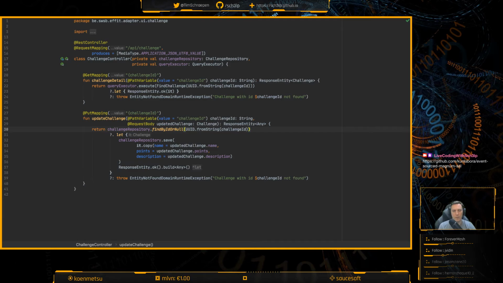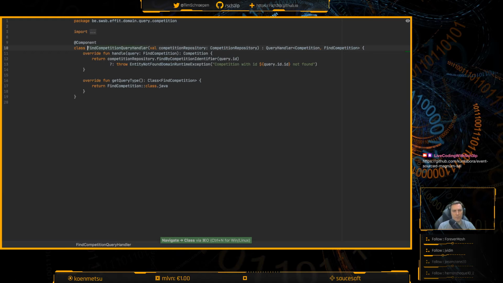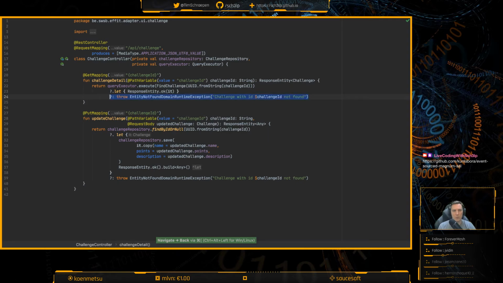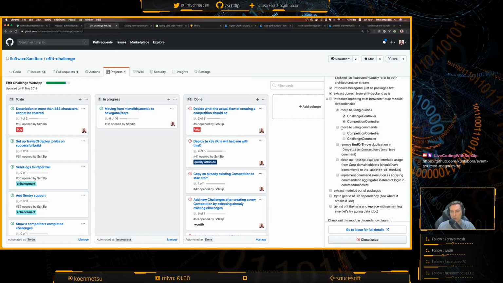So I'm wondering, in our find competition handler, here we do throw this, so I think it's going to make sense to also do the same here, because if you want to fetch a challenge with its ID, I mean, you should always return it. So this should move to the query handler, and I think that's the thing we'll do first. But you know what? Let's in fact first tick some boxes, yo.